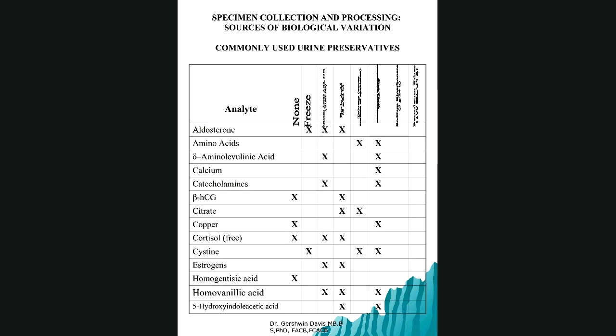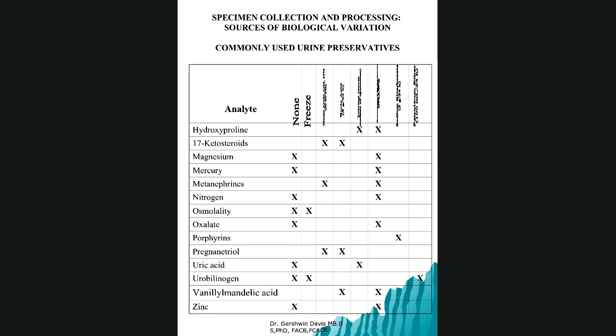In terms of a 24-hour urine collection, you would actually see the container. Remember, the container is not your Coca-Cola bottle, it's not your 2-liter bottle, which you might see sometimes because we're running out of bottles. But the container is actually a dark container to protect from light. And these 2 slides just remind me to tell you that the container comes empty. That's one: the 24-hour urine container is empty.